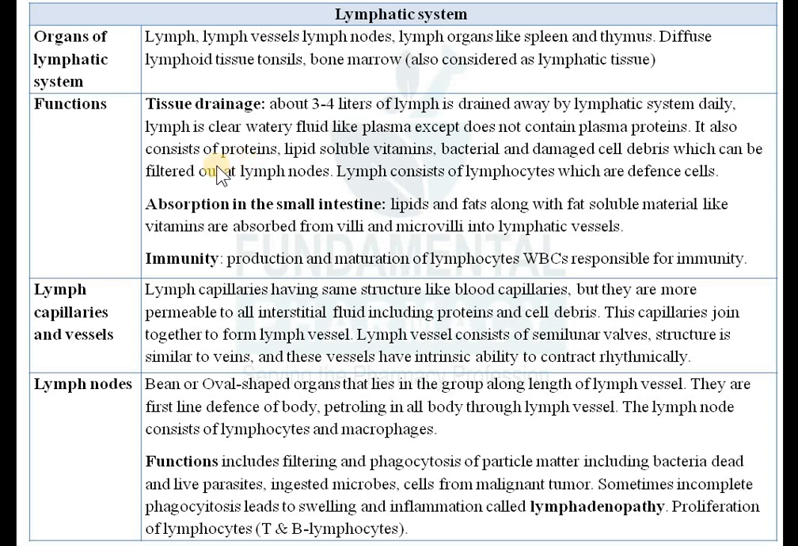Okay, so those high molecular weight proteins, which are not permeable to your blood vessels, are carried by the lymphatic system. Okay, and then it carries lipid soluble vitamins, then lipids. Whatever fats you are eating, those are carried by the lymphatic system. Then again, lipid soluble vitamins, bacterial and cell debris. So for example, you had an infection, and that infection is counteracted by our B cells and T cells